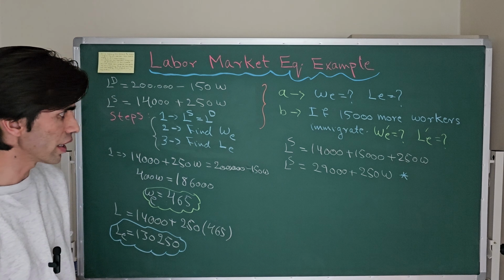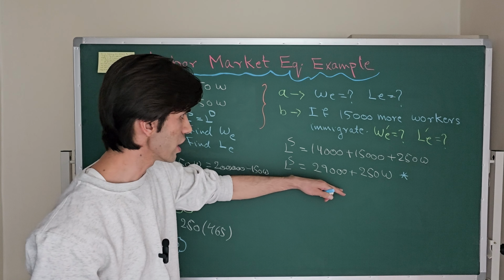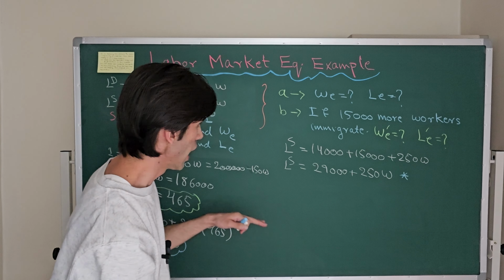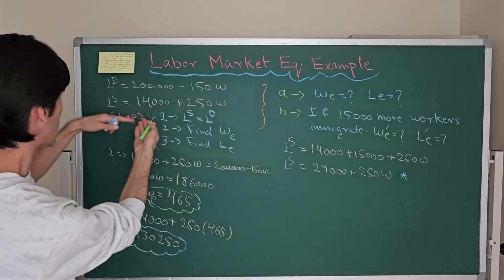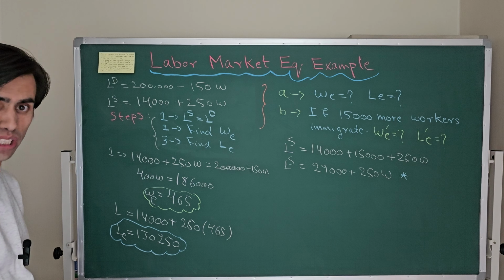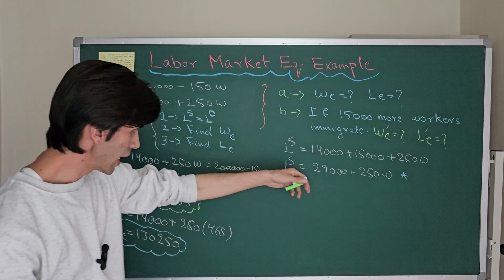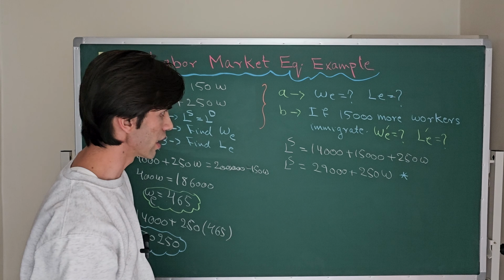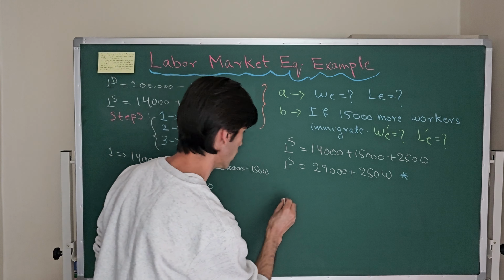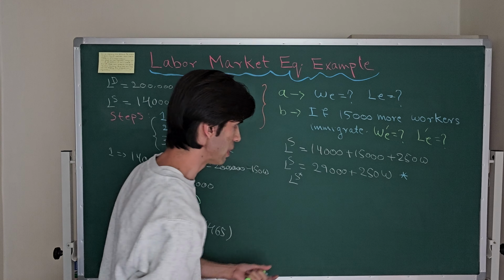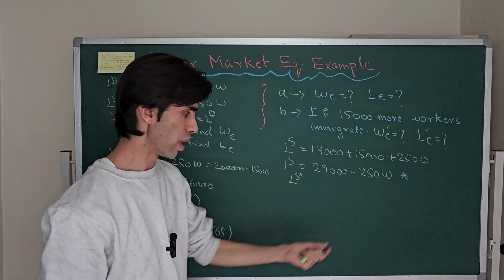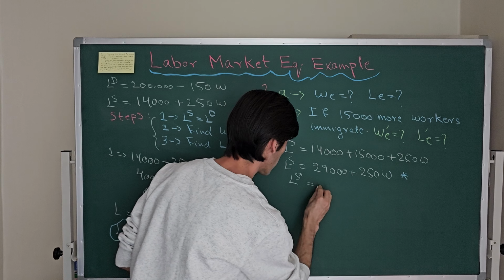In order to find the new equilibrium wage and new equilibrium quantity, we have to compare the new labor supply equation with the existing labor demand equation. So in this case, the new labor supply equation, LS star, will be equal to